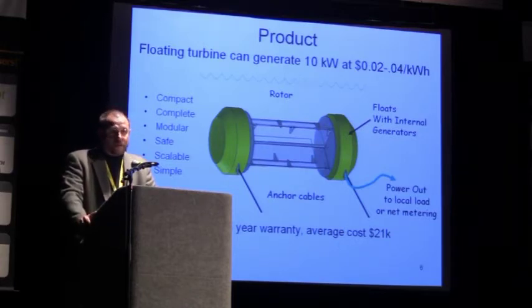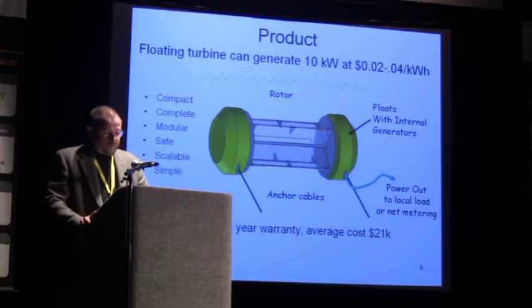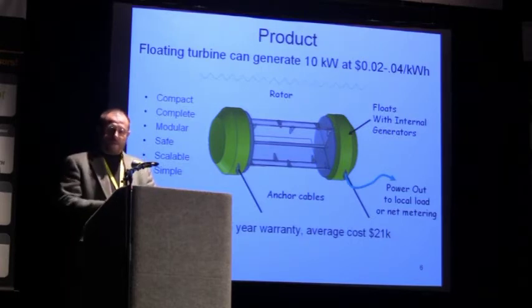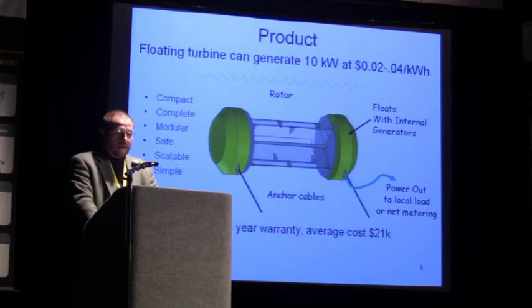I can deliver a turbine to Antarctica by Hercules airplane. We're aiming for a 15-year lifespan on the product with an average cost of $21,000 for the mid-size machine. And the power that comes out of these simply goes up the anchor cable to a local load, and that can be a pump along the side of the canal, it can be a meter, it can be a house,